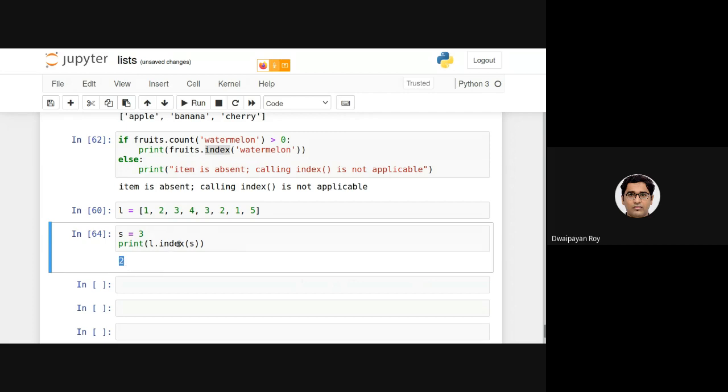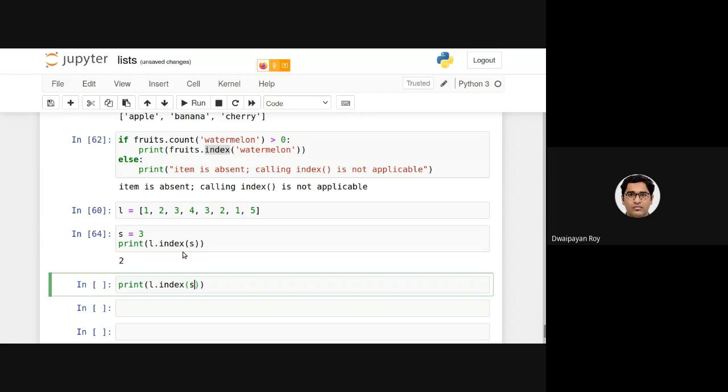So how do we make sure that we get the other locations as well? Without using the for loop, just from intuition, how can we do that? As we are getting this S or 3 in the 2nd location, next time we will be starting the search or calling this index function